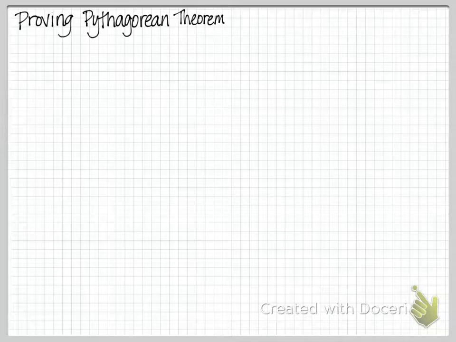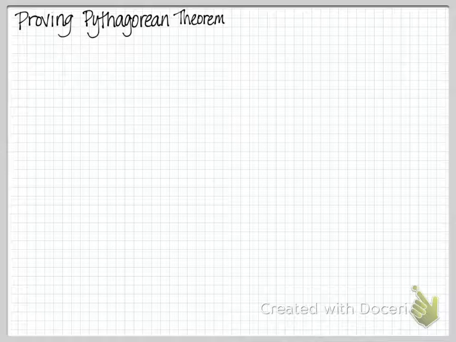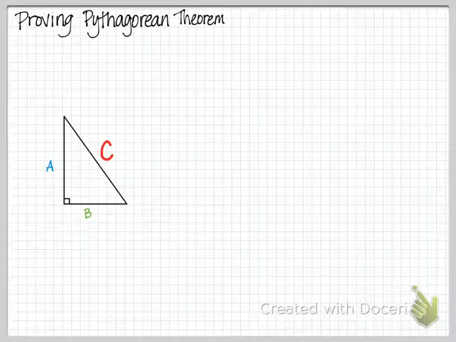This is your second lesson on the Pythagorean theorem, and since we're using the Pythagorean theorem, we really should be able to prove the Pythagorean theorem because we're using something very important. We should know why it works. So there's several different proofs, and this proof is going to start off with the fact that we have a